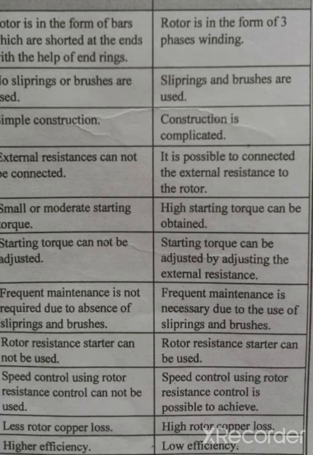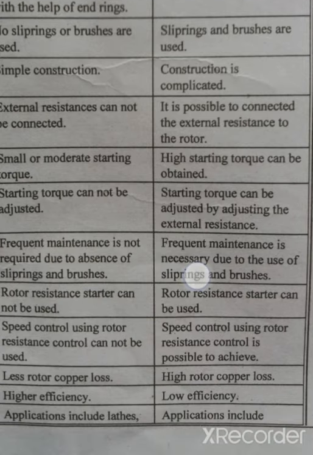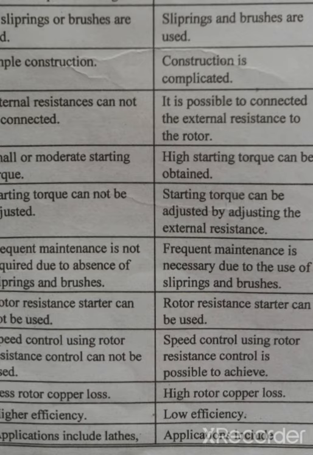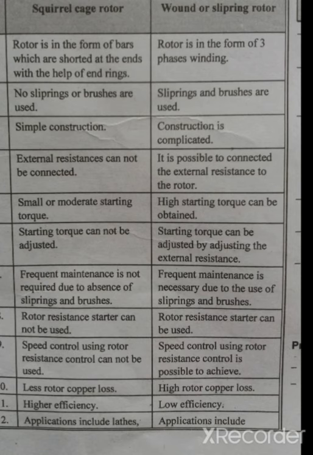This is a stator. In this slot we place the stator winding, and the central part is the rotor, and the circle shown here is where we place the rotor winding. The supply is given to the stator, and at the center there is a keyhole. This is called the shaft of the induction motor. The slots in the induction motor are of different types: open type, semi-open type or closed type. The winding used in the stator is of copper, and the stator is made up of silicon steel stampings.